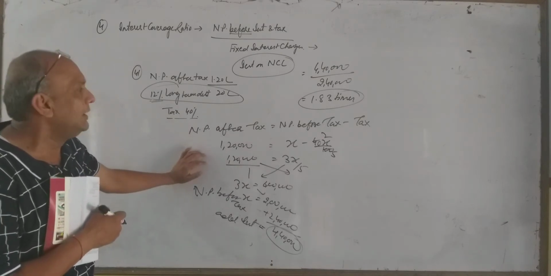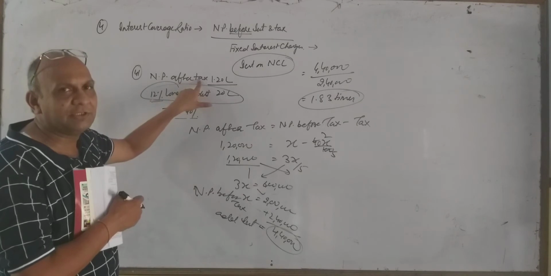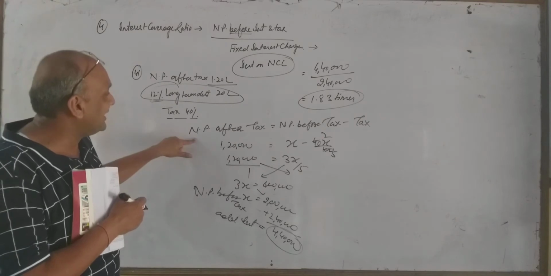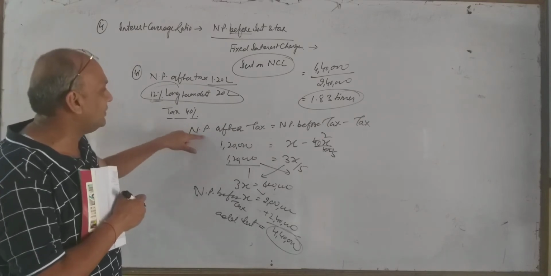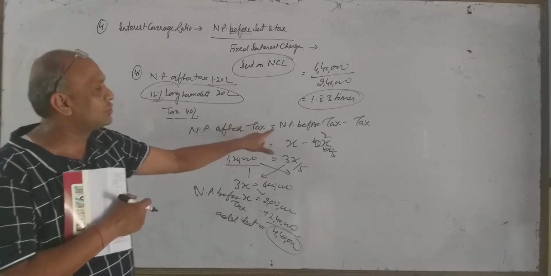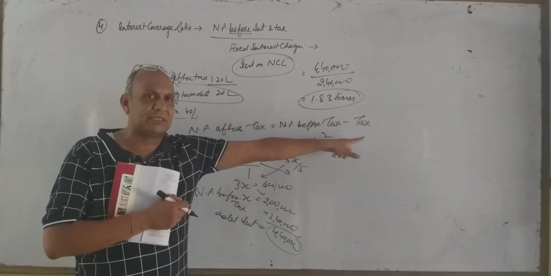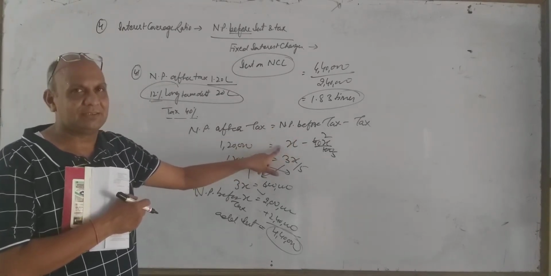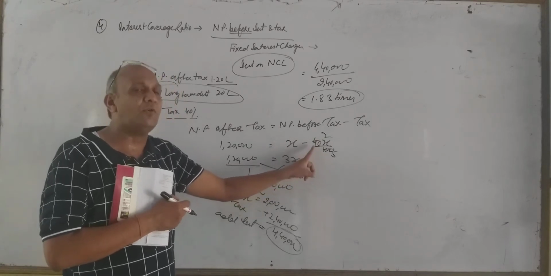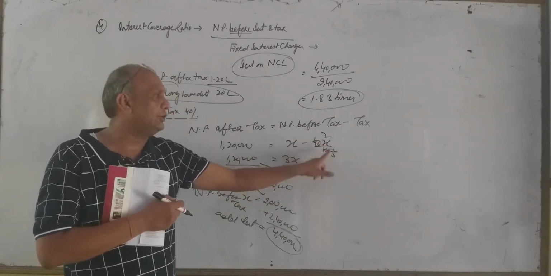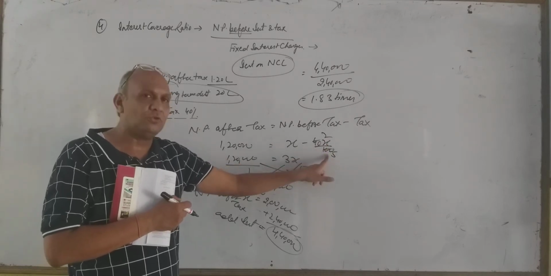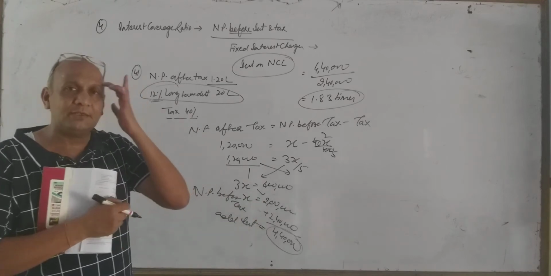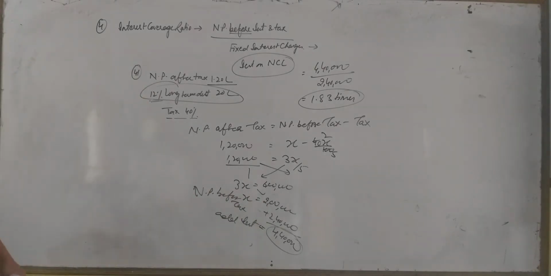It is very important. Here in this sum we had net profit after tax, but we were in need of net profit before tax. So what did we do? We wrote this equation as we know how to calculate net profit after tax. Net profit after tax is equal to net profit before tax minus tax. This profit is given, 1,20,000. This profit is not given. We have assumed it X. And what is tax? 40% of what? 40% of profit before tax, into X, 40x upon 100. With this calculation, our X value comes 2 lakh. Now in it we will add interest, right? Let us take one more sum here.